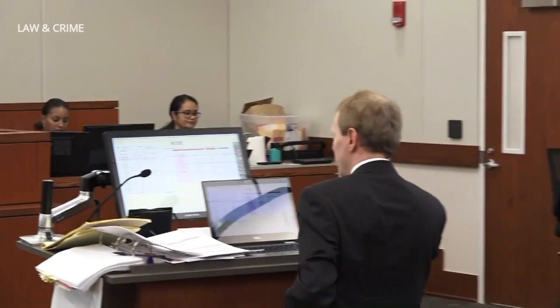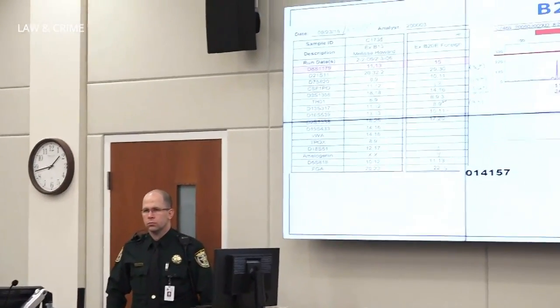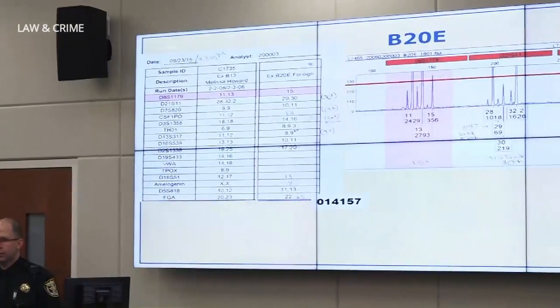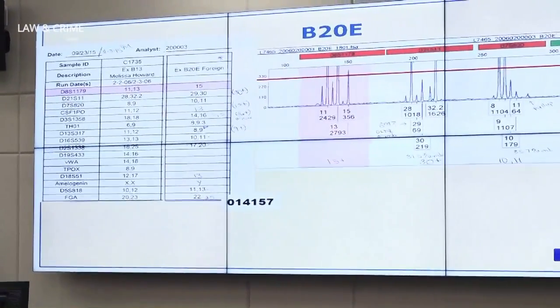And when you typed this STR summary sheet, it was on September 23rd, 2015. We know that from the date at the top left. Is that correct? Yes. And I've just cut some places out of that page, but you agree that's from page 14,157? Yes. Okay. And you didn't,